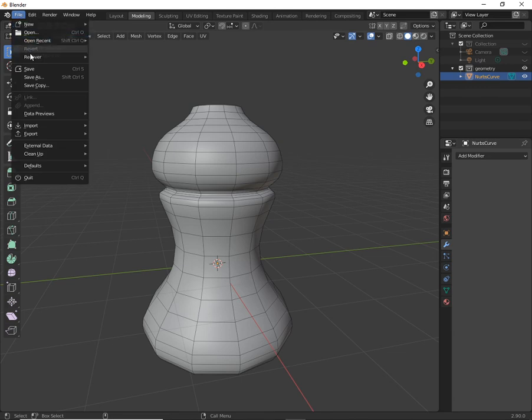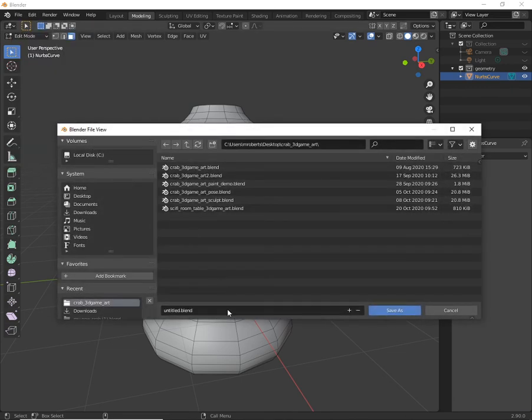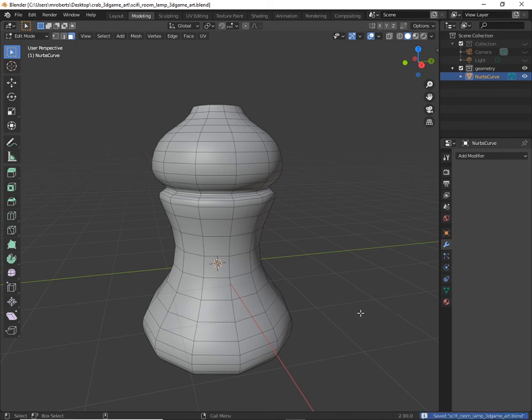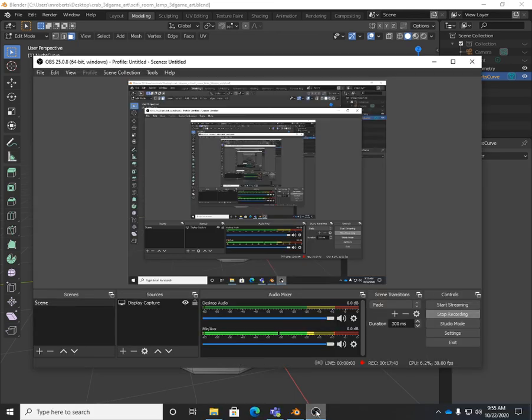So I'm just going to save as, right? We'll call this sci-fi underscore room underscore lamp underscore 3D game art. It just gives us that naming convention we can follow. Save as. There we go. And that's a great way to start to get us introduced to the